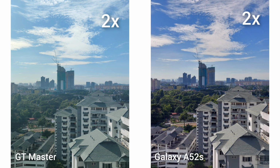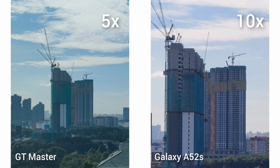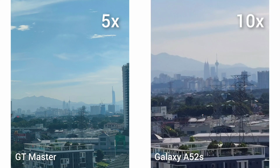Going on now, next one here to some digital zooms over here, and both of them can go up to 2 times at this point. But what I can say is that the GT Master does look a little bit more washed out and grainy compared to the A52s. The A52s can go up to 4 times, whereas the GT Master can go up to 5 times. And again, the A52s can go up to a maximum of 10 times, while the GT Master is stuck at 5 times of digital zoom. At this point, to be honest, both of them do a very decent job and still do give you a